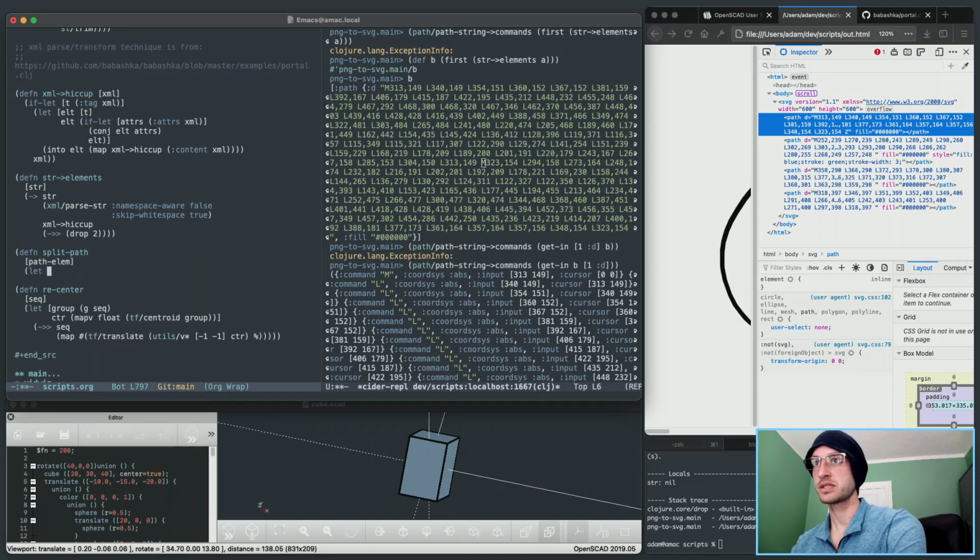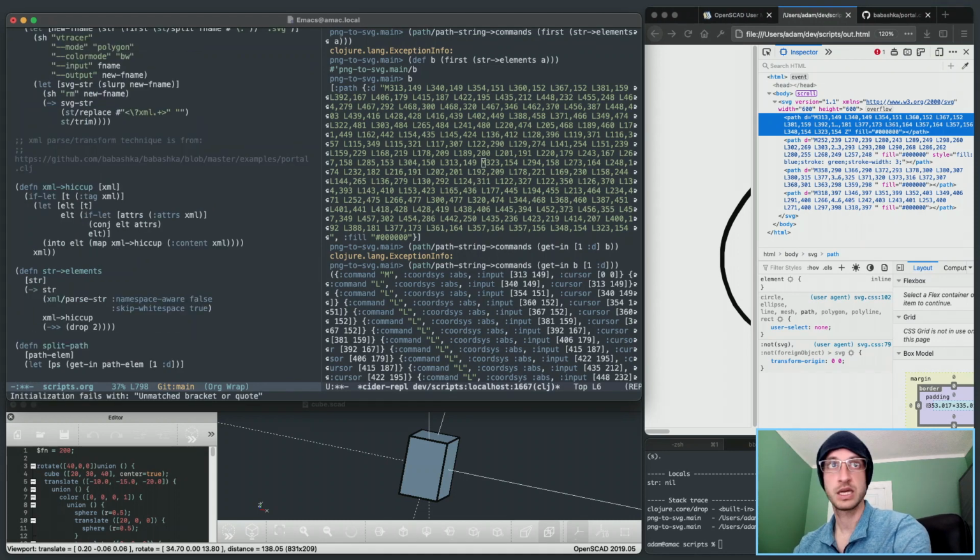So let PS, path string, be get-in path lm 1d, that extracts just the string of the path, and then all we do is